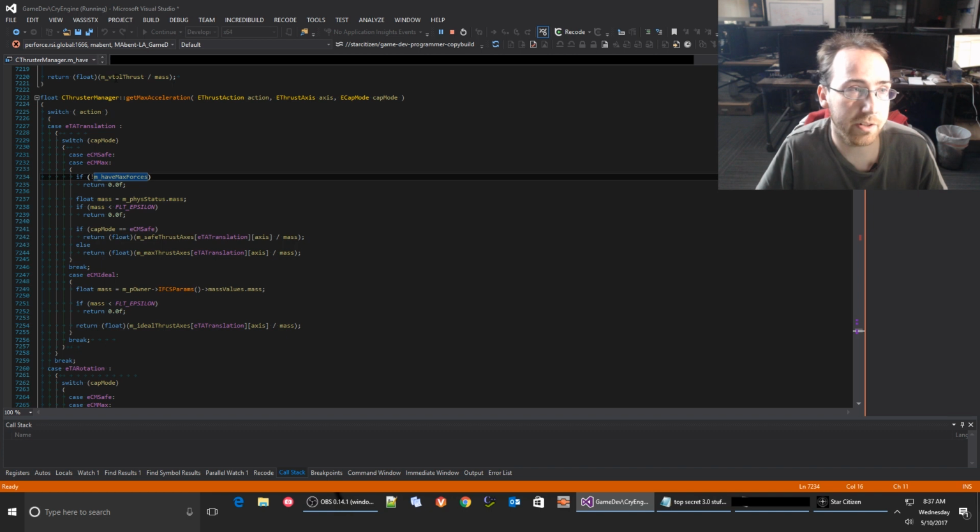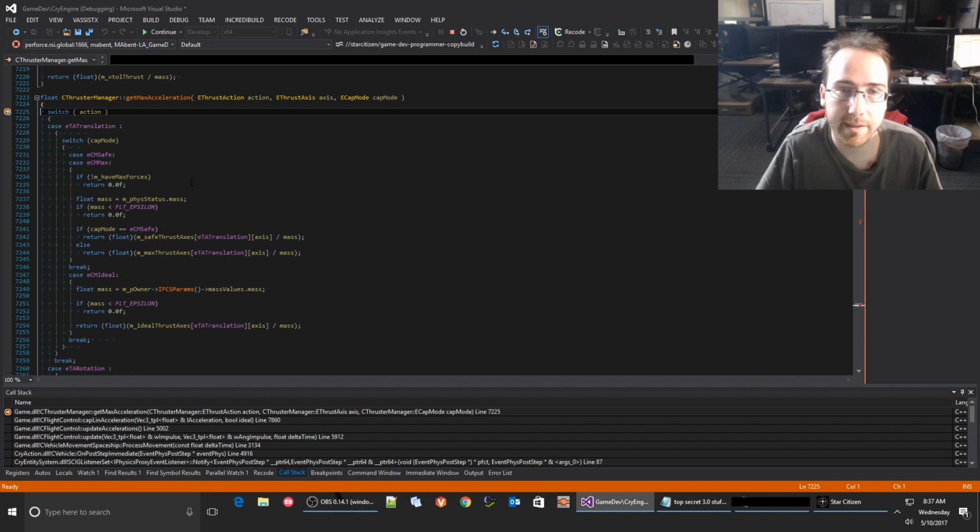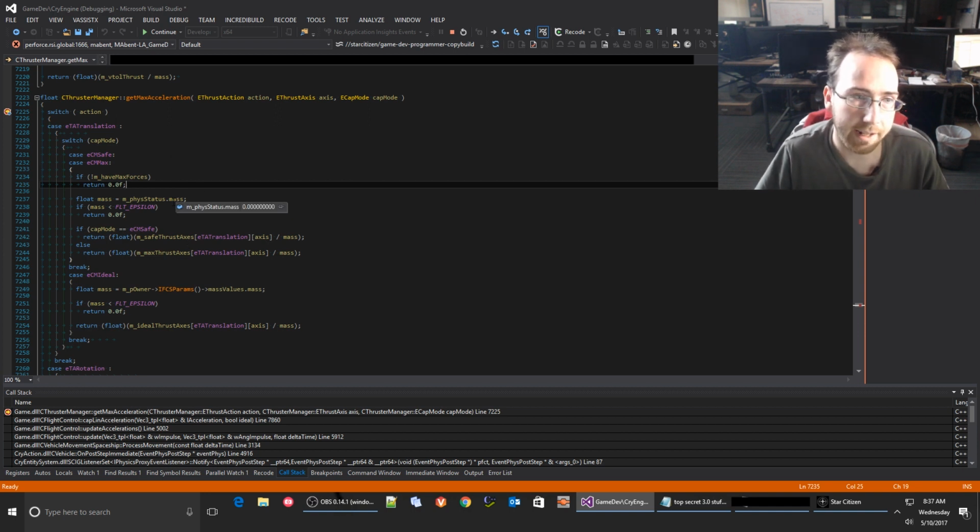So this thruster manager is basically responsible for letting the flight control system know how much thrust can be done by the whole ship. And if I put a breakpoint on this fun little bad boy, this tells what the maximum thrust of the whole system is. And unfortunately,